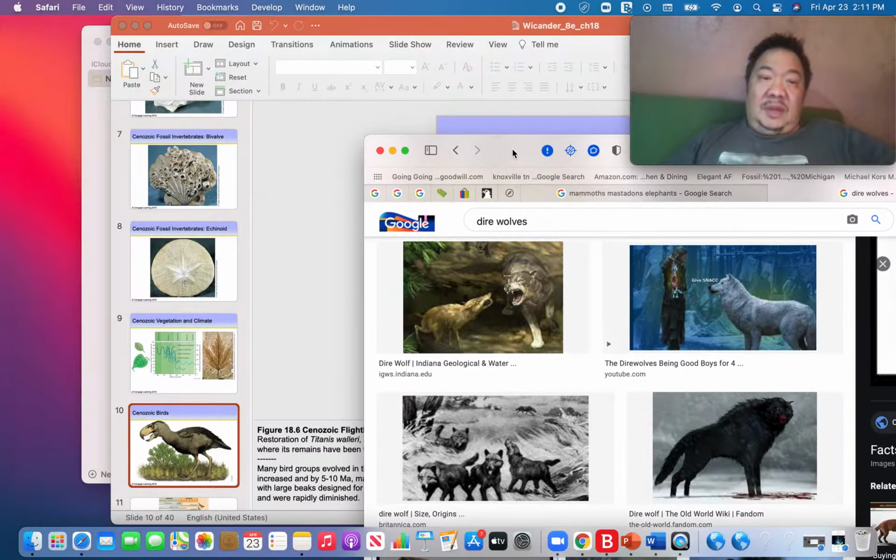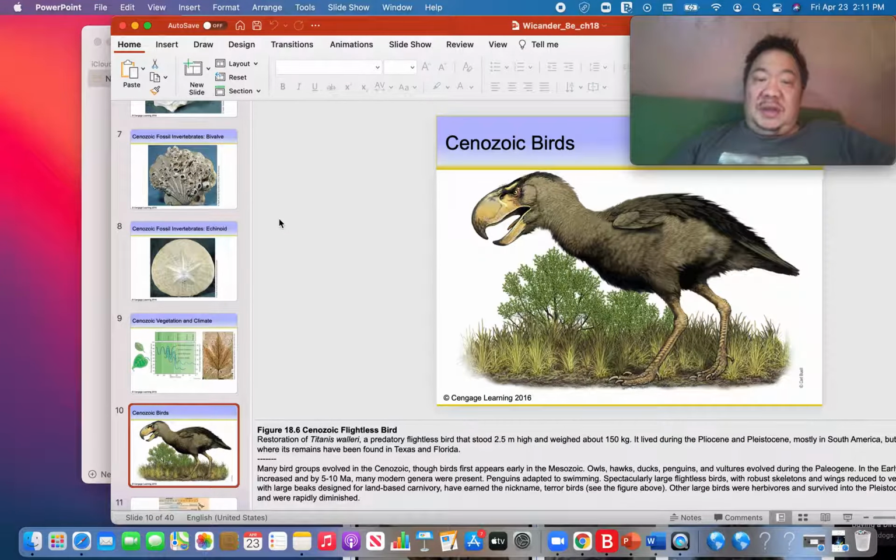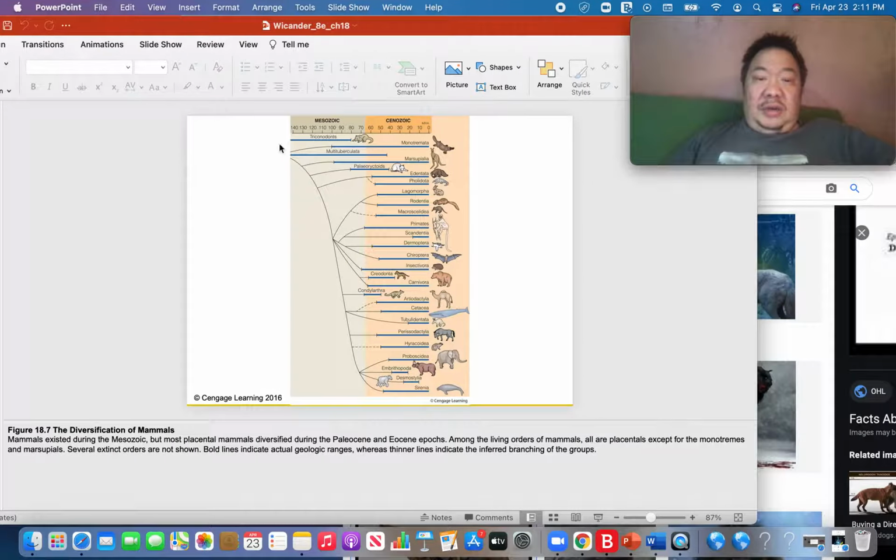And also other features that are involved with hominids. Hominids are humans, including modern humans, Homo sapiens, and ancient humans, which we'll take a look at in the next chapter. So you can see here that this is the Mesozoic era, and here's 65 million years ago, and this is the Cenozoic era. Here you can see that all of these modern forms of mammals, all of these, and these are orders,